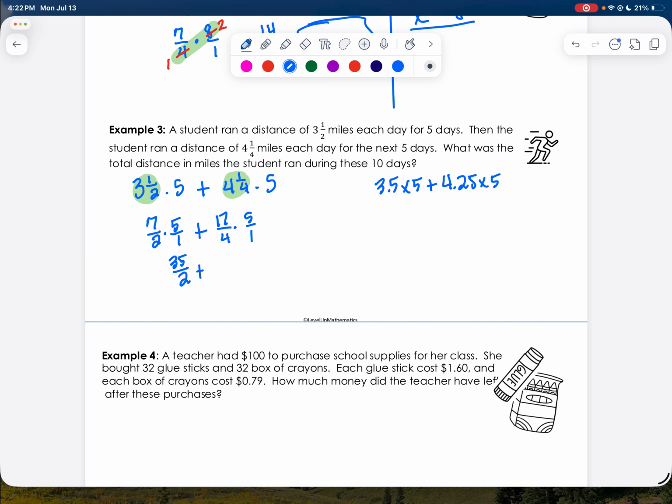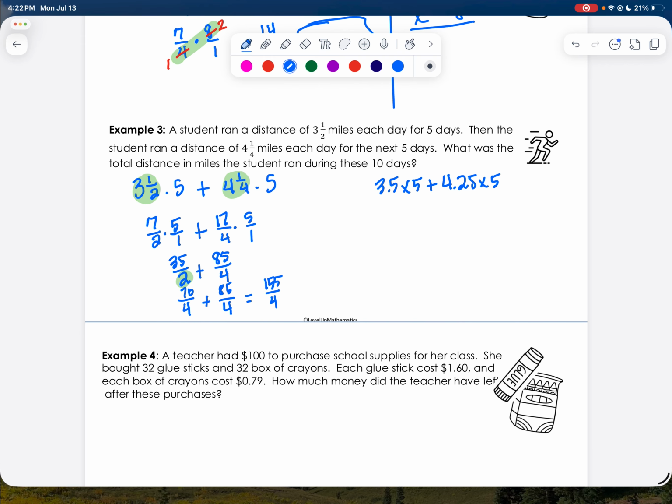17 times 5 is 85. 4 times 1 is 4. Now I need to get a common denominator. I'll use a denominator of 4. So if I'm looking at this denominator 2, to turn it into a denominator of 4, I'd have to multiply by 2. So 35 times 2 is 70. And I don't have to multiply the second one by anything. So that gives me 70 plus 85 would be